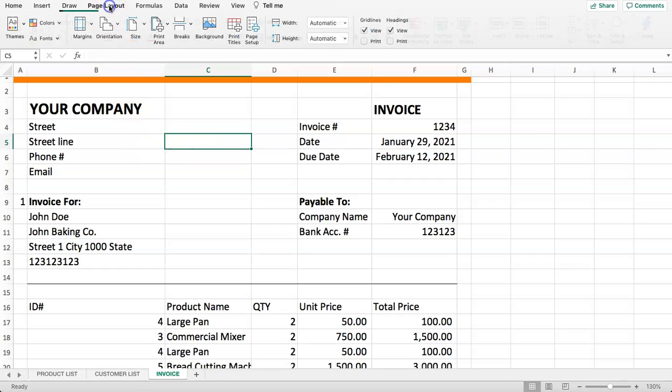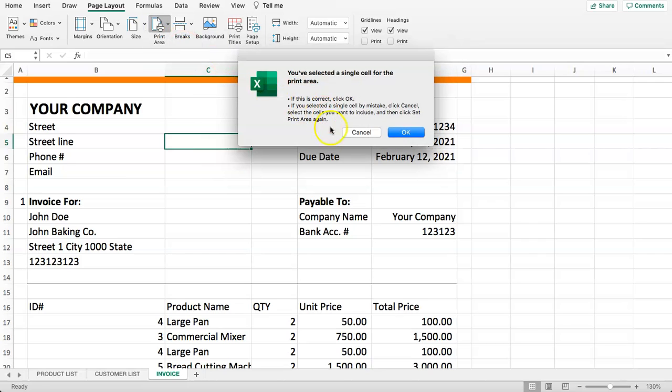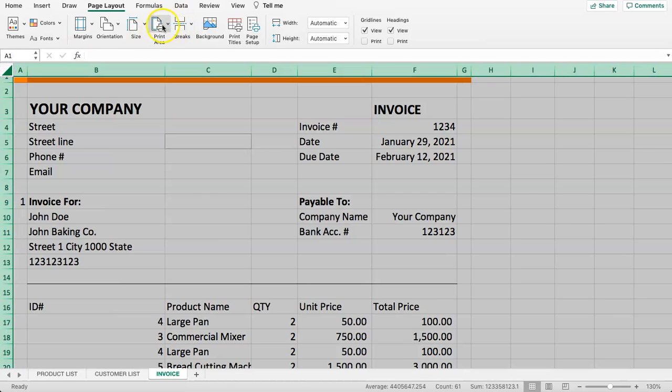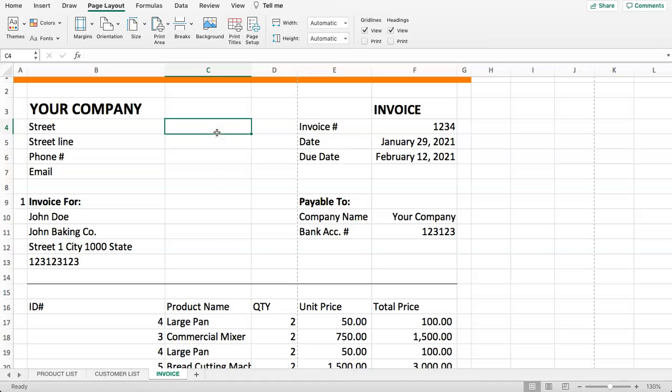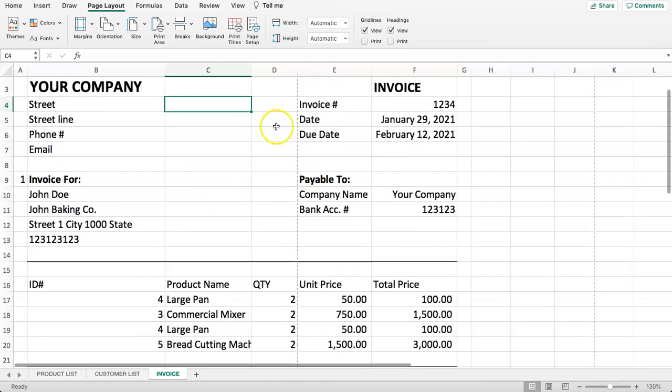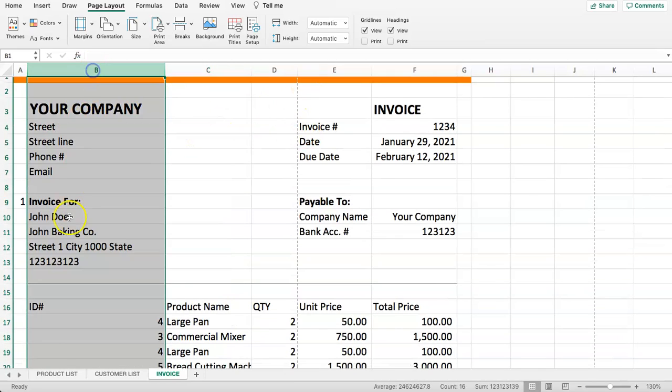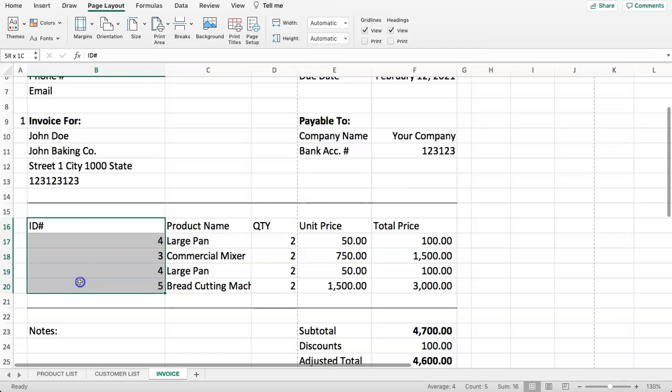So let's go to the page layout, and then you can see here print area and set print size. Alright, confirm, of course, because we want to select this. And we say here print area, set print. Alright, so now you can see we have some issues, and the reason is we have this part here that's too large. Let's solve that. First of all, let's solve this part here, because this could be narrowed down to